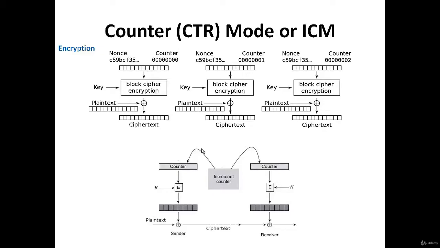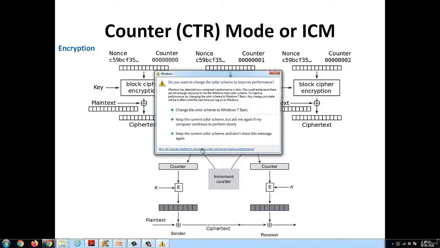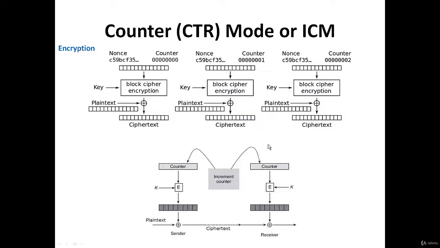That's why it is called a nonce, that is, not once. It's a number that keeps incrementing from that point, whatever value we enter. So the nonce is added and then a counter is added; the nonce and the counter are concatenated. The counter will be increasing from 000, like an up counter, basically a shift register. So for each block the counter will be different. The counter will keep increasing; for the first block it will be 000.